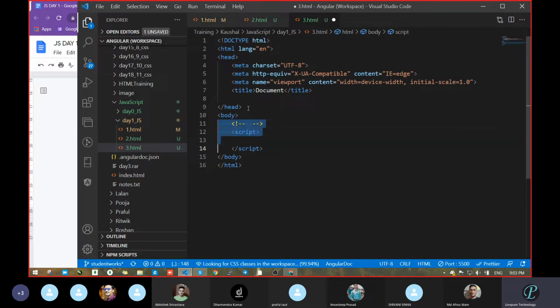I am asking: in CSS, there were three ways of writing CSS, correct? Inline, internal, external. So I am asking, in JavaScript, if I write like this, what is this one?